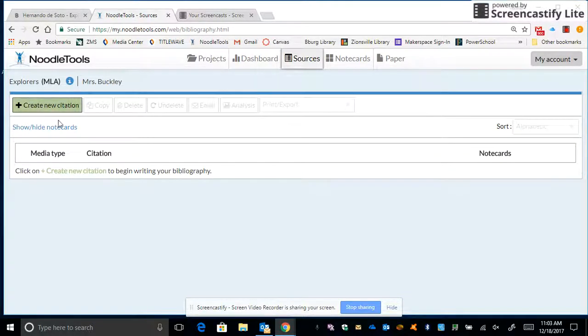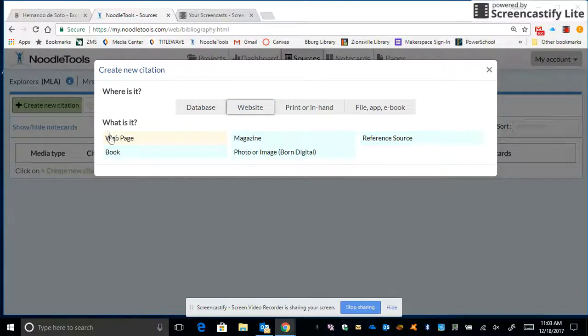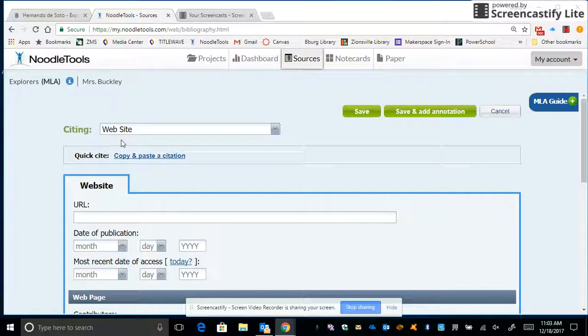And then the plus, create new citation. And then it asks me, is this a database, website, print or in-hand source, or a file or ebook? This is a website, so I'm going to go ahead and select website. And it is a web page, so I'm selecting web page. And then next I need to go back and forth between my other website and Noodle Tools to gather my